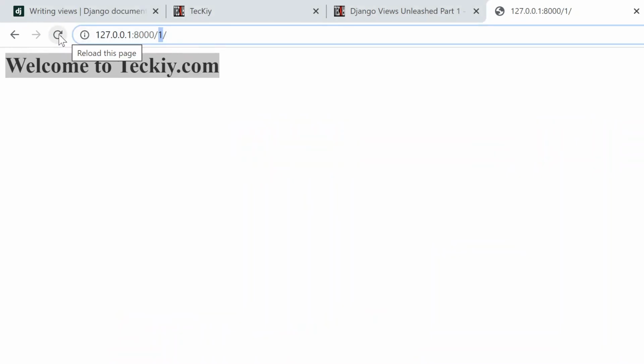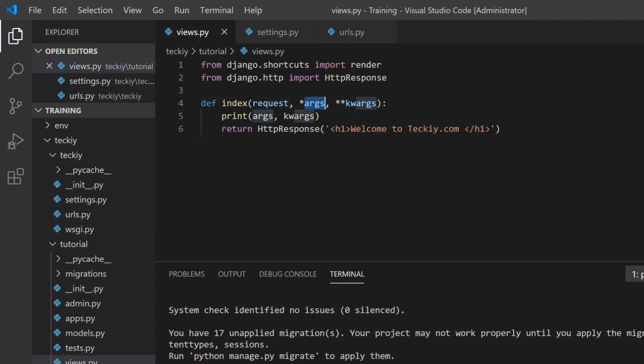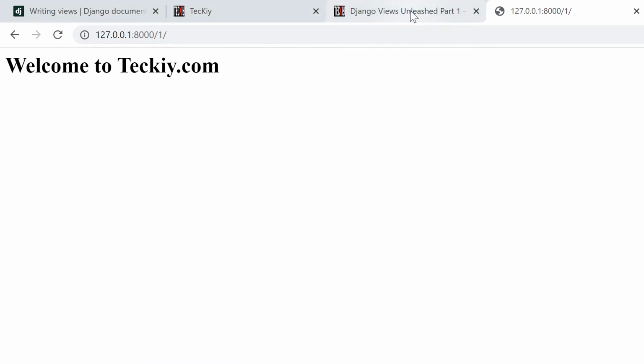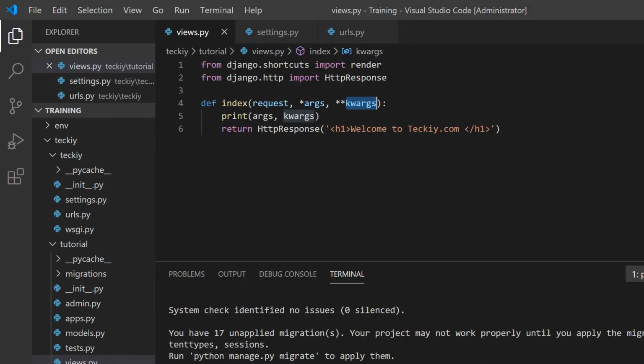If I refresh now, cool, it's an integer, right? So that is the reason this args and keyword args will help us get the argument value. Now I want to write the logic based on the argument. For example, let's think about the use case. Sometimes we may need to get the parameter value as an integer, right? If it is anything other than an integer, or if it is any string value, I have to perform a different kind of logic. That kind of stuff we can do using